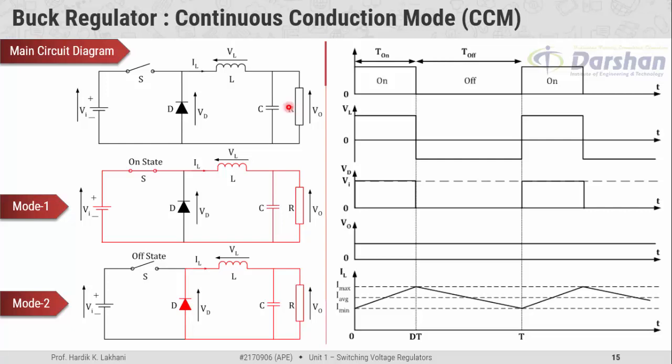If we look at the circuit diagram of the buck regulator, it has one controlled switch. So always remember that if a DC to DC converter has one switch, then the one cycle operation of that converter can be explained with the help of two modes. Mode 1 when the switch is in the on state condition, and mode 2 when the switch is in the off state condition. In the equivalent circuit diagram, the highlighted portion shows the active part during the mode 1 operation.